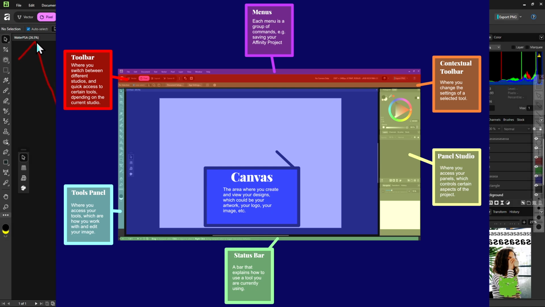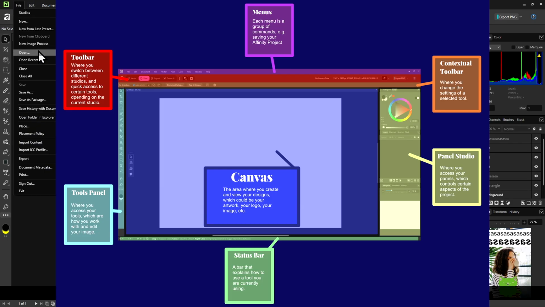At the top of the canvas, you will see this text here with the name of your file, which in my case is WaterPSA. And this is kind of like a browser tab where our file, the WaterPSA file we have just created, is currently open. If you open another file, then you will get another tab in here. Let's try that. To open another file, you want to go into the File menu here and then go into Open, or the shortcut for that is Ctrl+O.